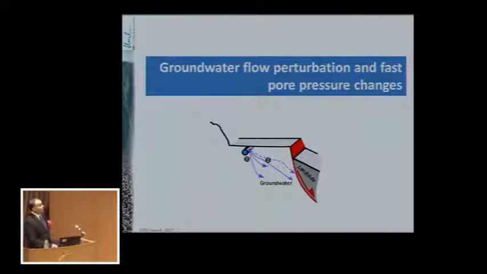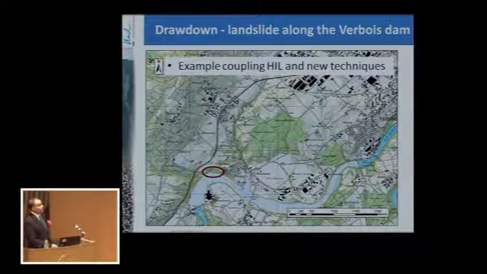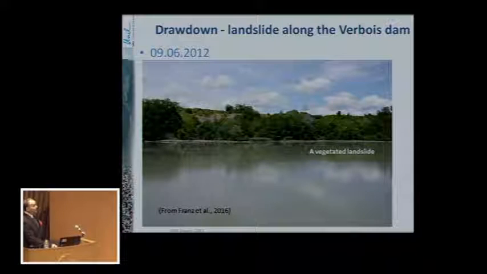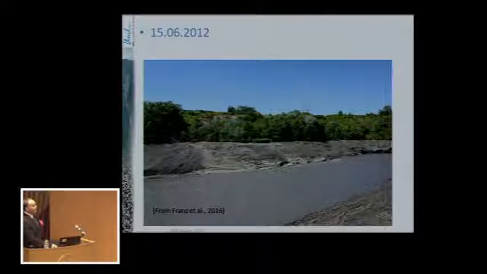The groundwater perturbation, pressure change. Here we monitored, and this is the link between the new techniques and the human-induced landslide. In this area there is a lake and a dam, and you can see that this is a vegetated landslide. This is very difficult to monitor. And you see this spot, I will explain to you what it is. This is when they draw down, they just empty the dam for maintenance, and then a landslide occurs here,